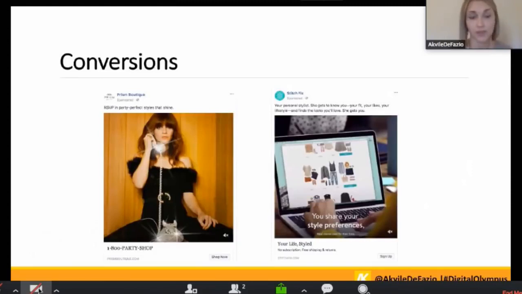On this one in particular, it caught my eye because as I was scrolling down the feed, the little diamond embellishments on the phone were twinkling, and that was just put on a loop. So you can do it as a GIF and then just upload it as a video, and that captures attention very well. That's the focus of that ad, and you'll want to shop now if you're into what they're trying to sell here and what the model is wearing.